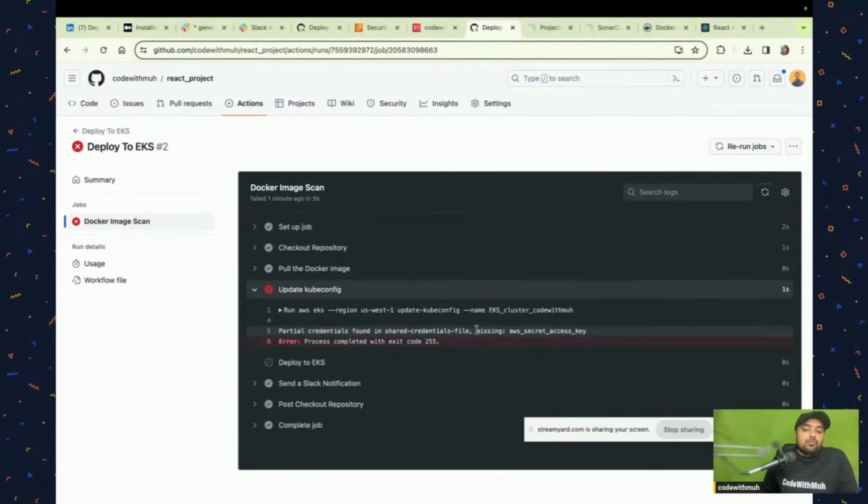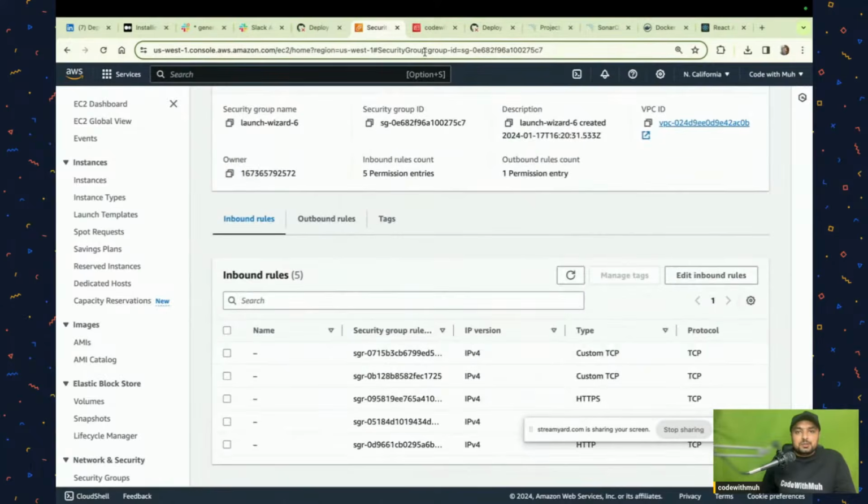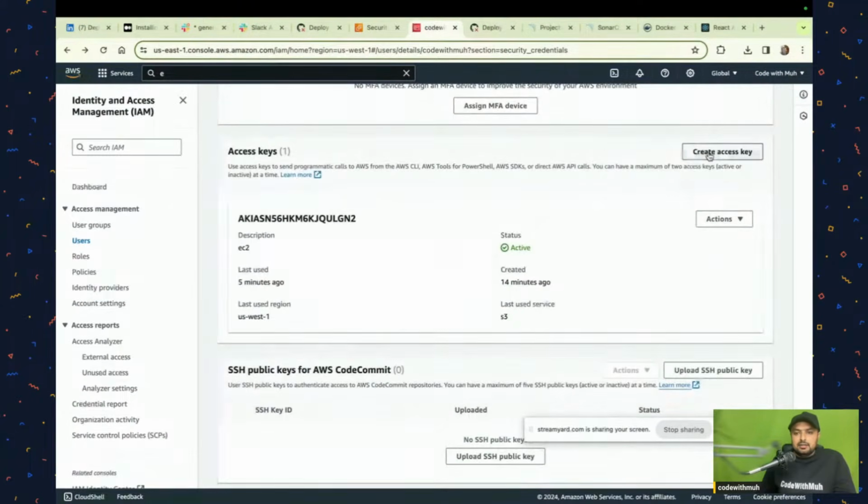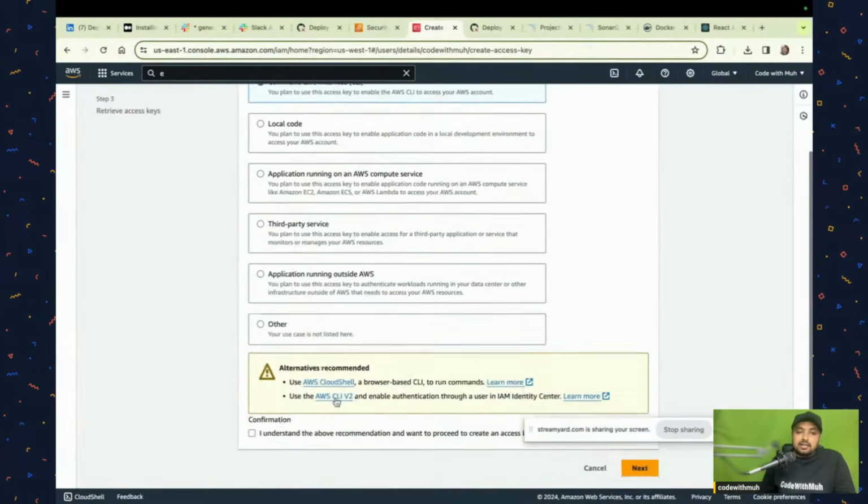So when you configure on EKS EC2 again, you will have the basic problem's solution. It can be fixed. Even if I just go and create it again, here the access key, I can create it, and